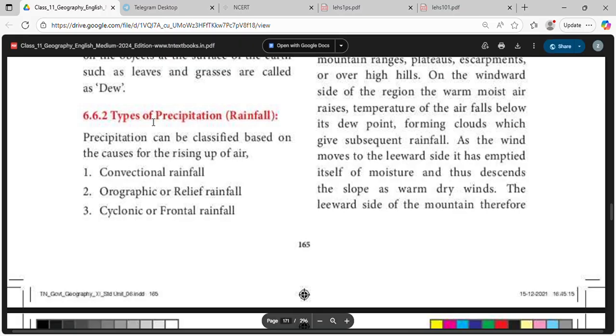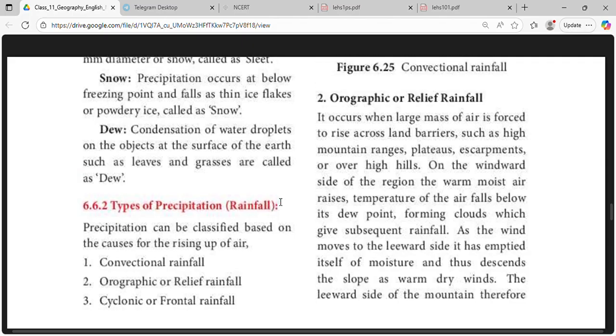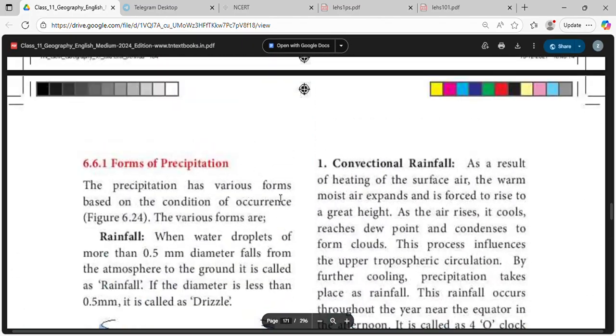Precipitation can be classified based on the causes for the rising of air. Types of precipitation: convectional rainfall, orographic or relief rainfall, cyclonic or frontal rainfall. Convection rainfall is that the heating of the surface air, the warm moist air expands and is forced to rise